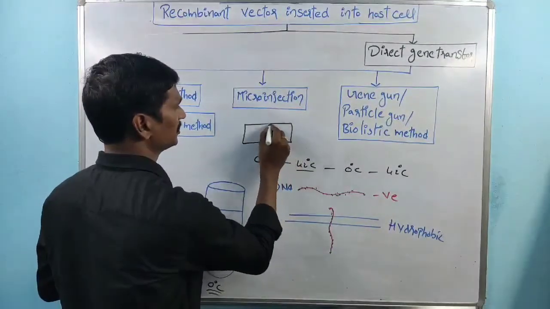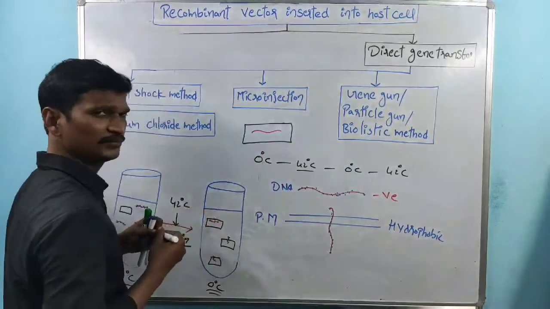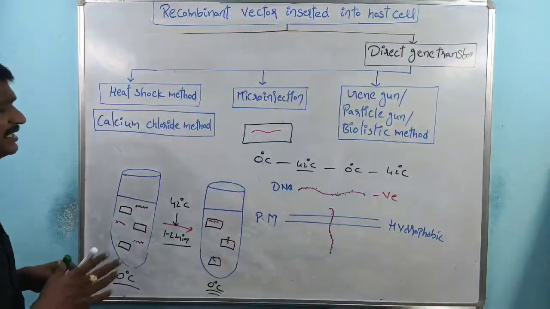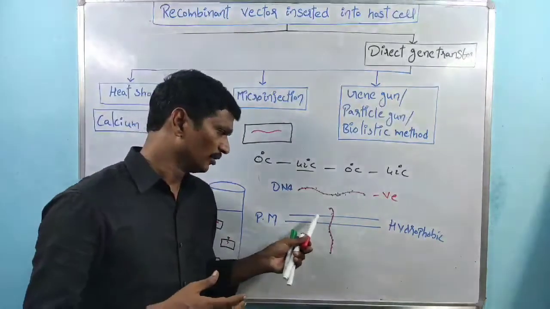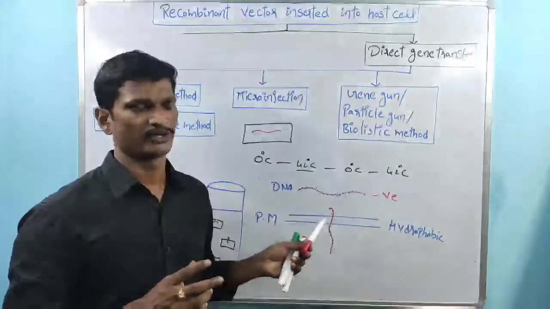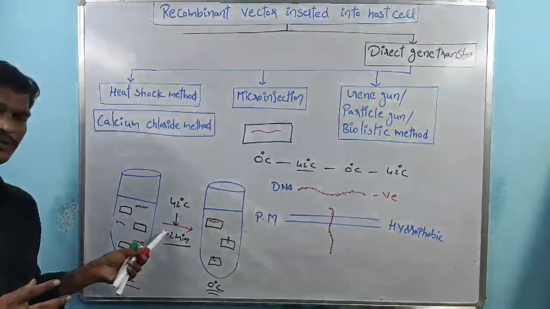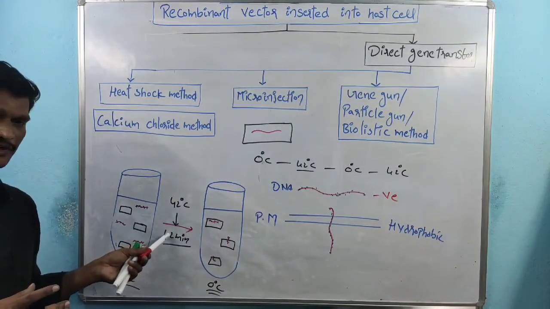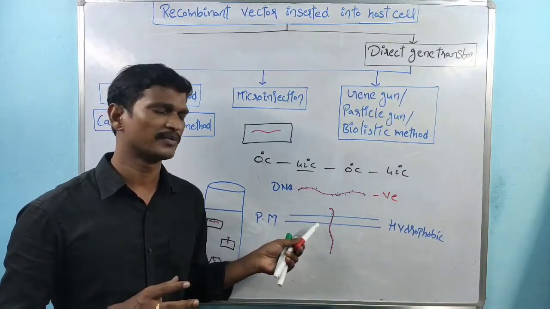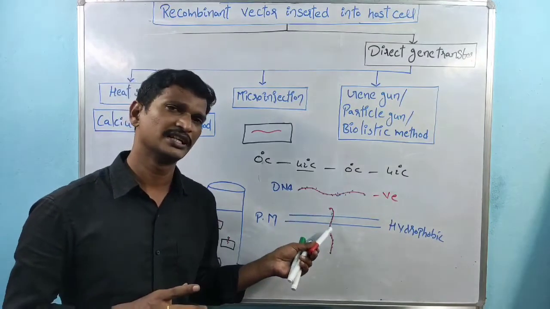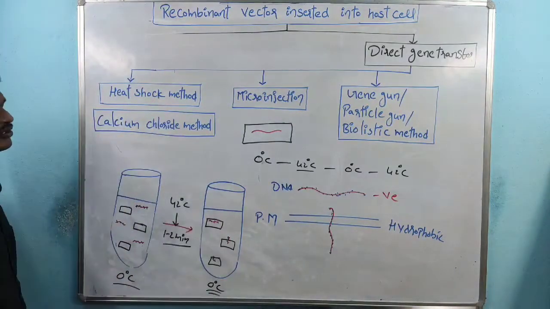This is one of the host cells, and the host cell contains the desired DNA molecules. So this method is called the heat shock method. Remember, we are applying shock to the cell membrane by the increase and decrease of the temperature. If the plasma membrane is shocked, at that time the DNA molecules easily enter into the cell.